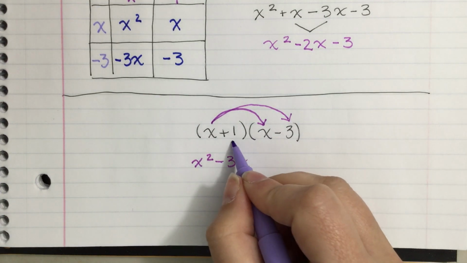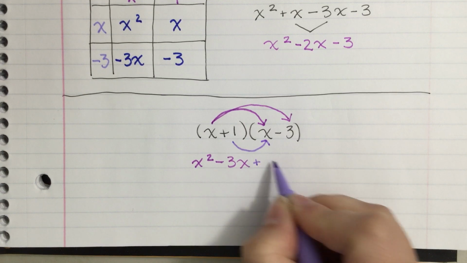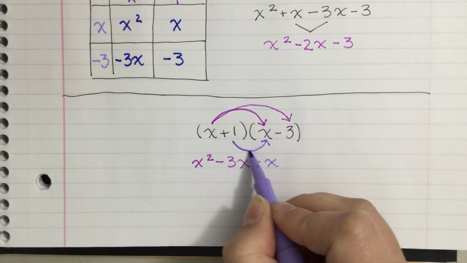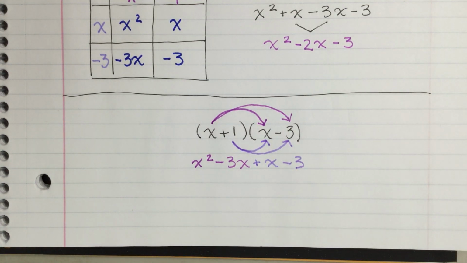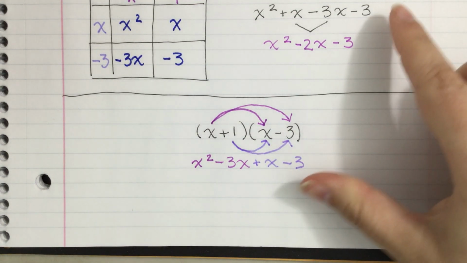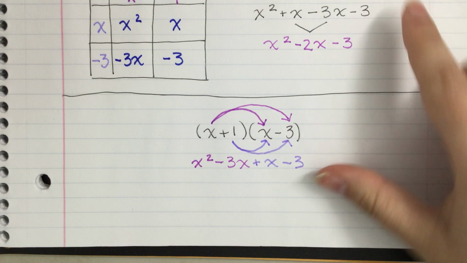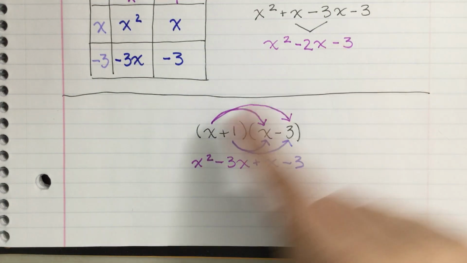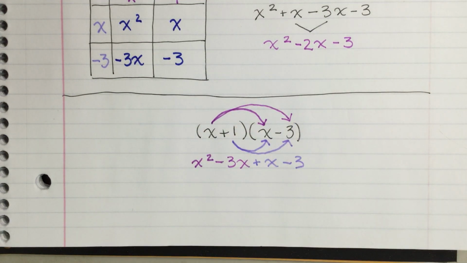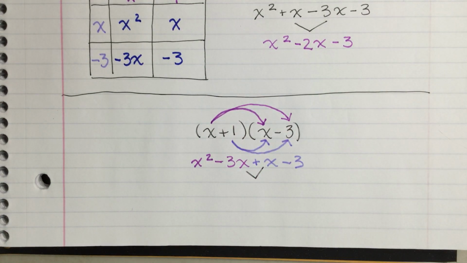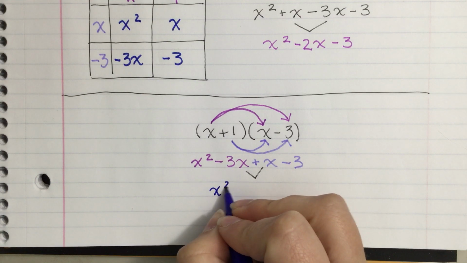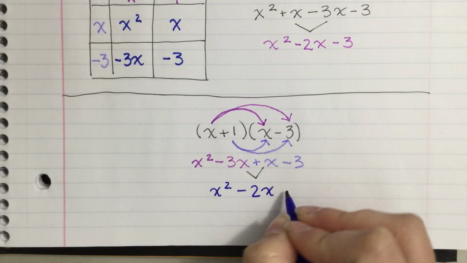Then I would have to do 1 times x, which would be plus x, and 1 times negative 3, which would be negative 3. So you'll notice that it's actually exactly the same as up here. I did do it in a different order, but we did it through multiplying using arrows. And again, I still have my like terms, so my final answer would be x squared minus 2x minus